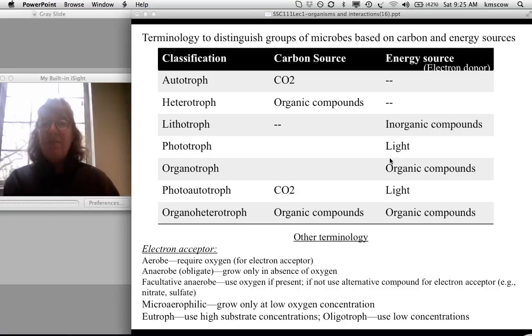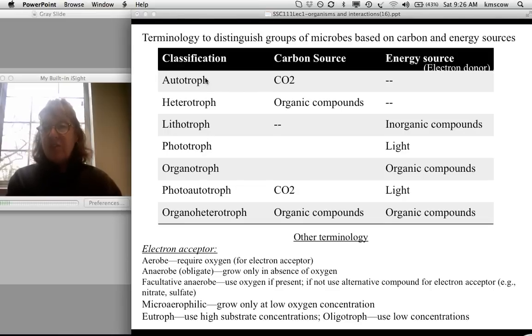definitions here, the terminologies to distinguish organisms based on carbon and energy. All organisms need a carbon source, and they need an energy source or an electron donor. They also need an electron acceptor, which we'll get into here, but is not shown on this table. People use these words in different ways, but in this class I want to be pretty strict. We classify organisms on where they get their carbon